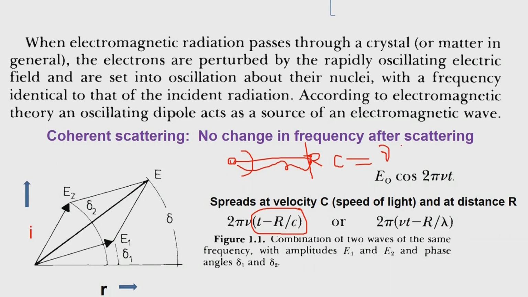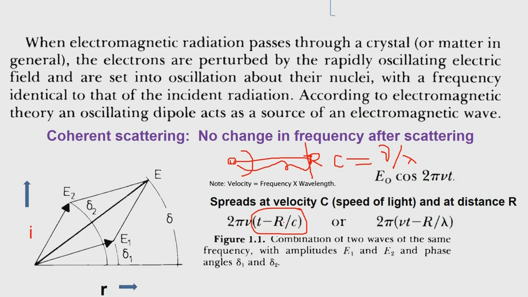nu times lambda. Therefore we see that it is dependent upon lambda. So we introduce this expression: it is either 2 pi nu times t minus r by c, or 2 pi times nu t minus r by lambda, and this is the extra path which it has travelled at any given time t. So the path travelled by the wave is covered by t minus r by c. If that is the case, then we have to consider that as the so called path difference, or phase difference.